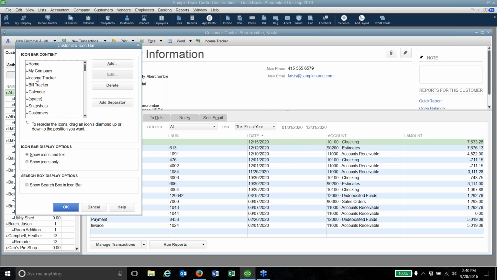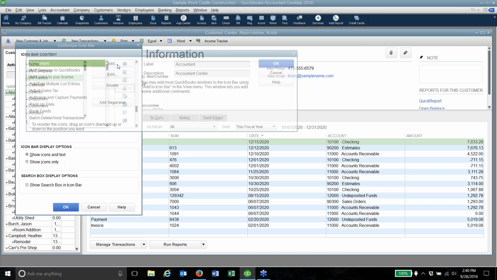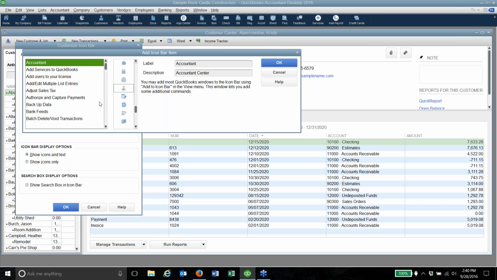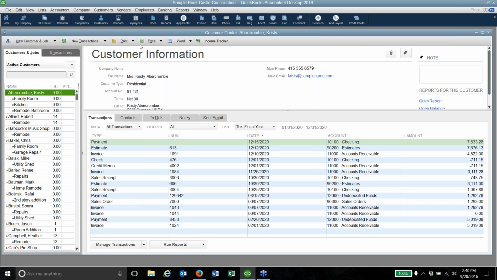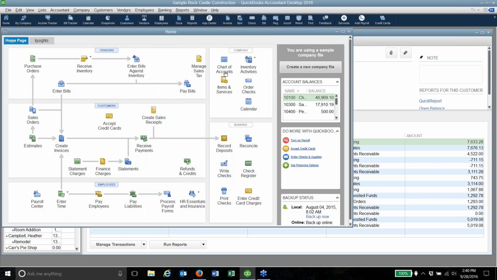You can click on this and delete the time tracker because you don't use this. But then you can add anything else that you want that's available as an icon. There are lots and lots of things, and you can pick what the icon looks like, and then it will appear for you. So these are all options to change how this looks up here. And I want to tell you about one more thing, and that is there's a home view, and the home